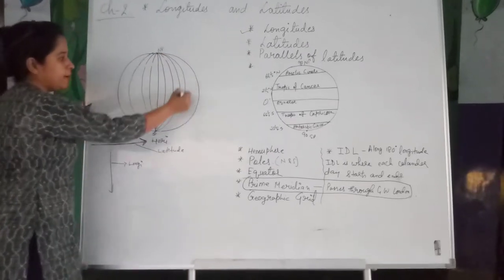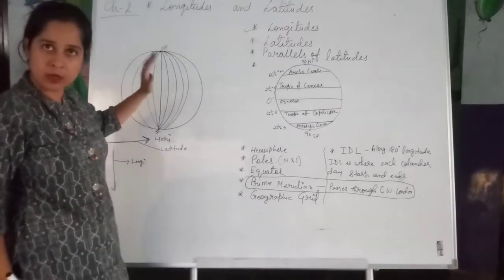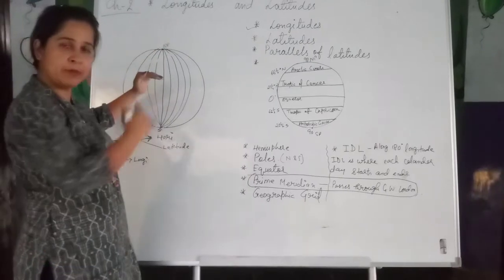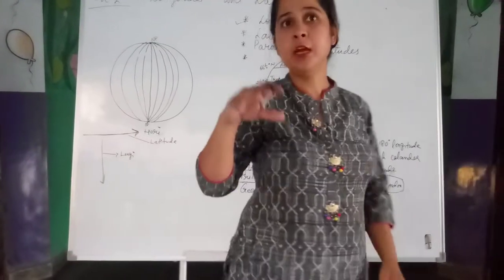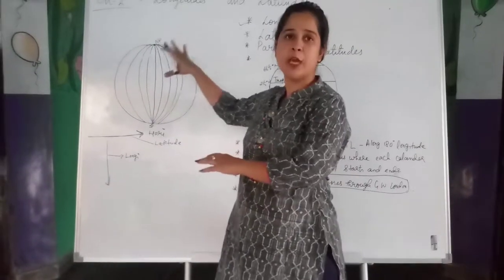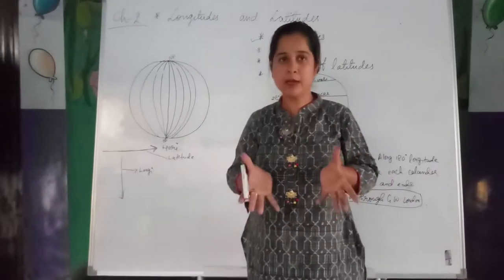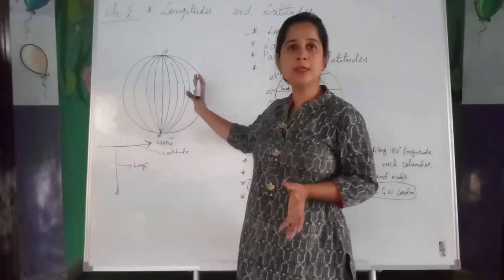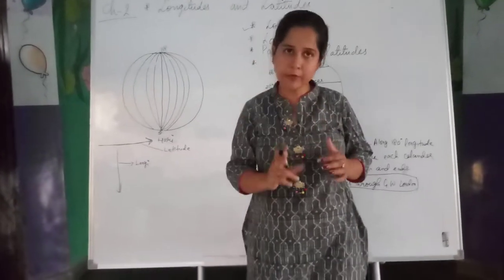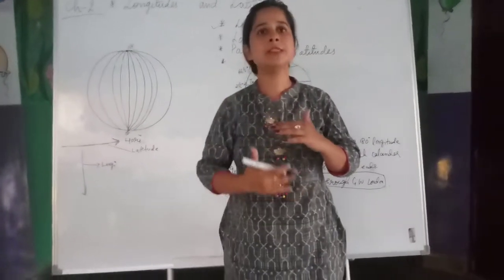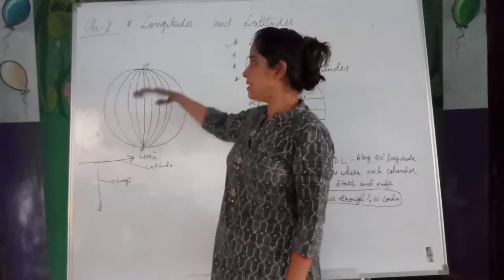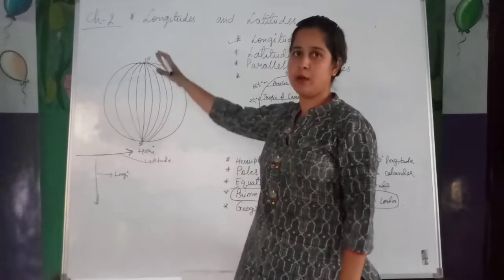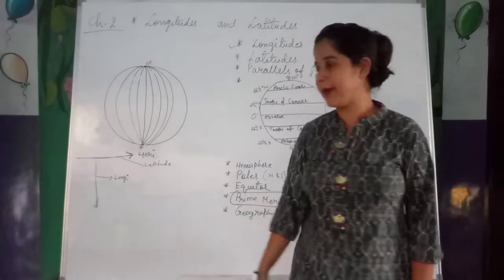And this is the front face of the globe, and exactly the same lines are covering the back side. Why am I putting stress here? Because the shape of the earth is spherical, round in shape. The shape of the globe is spherical. So at one time we can see only one side of a spherical shape. This is the front of the globe, and the same longitudes exist on the back side. So this is all about the longitudes.